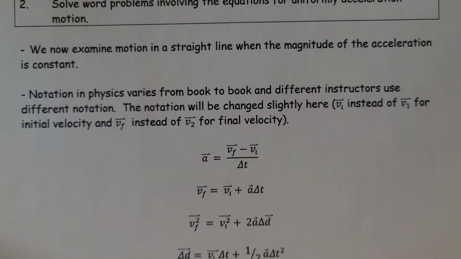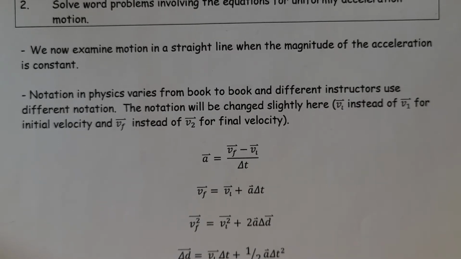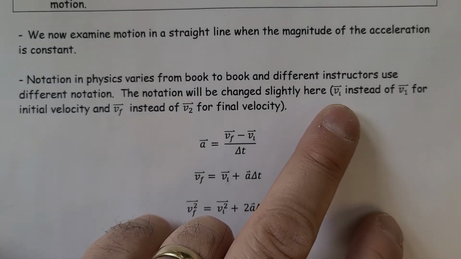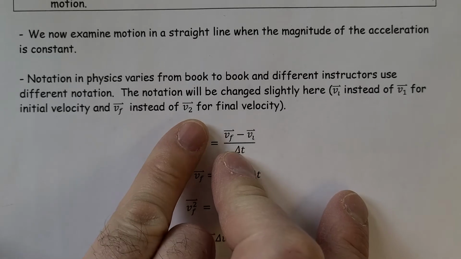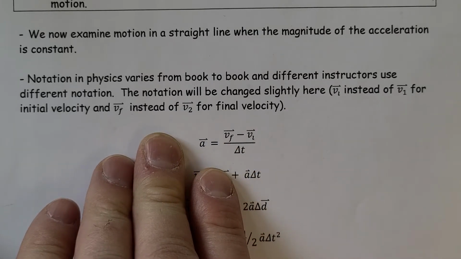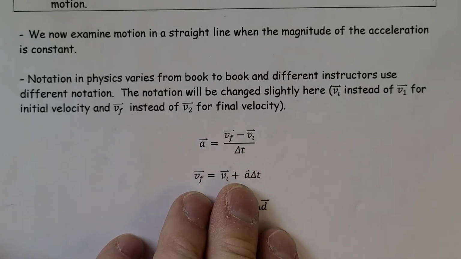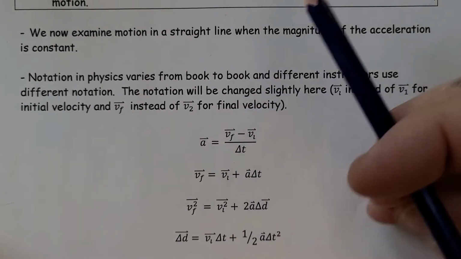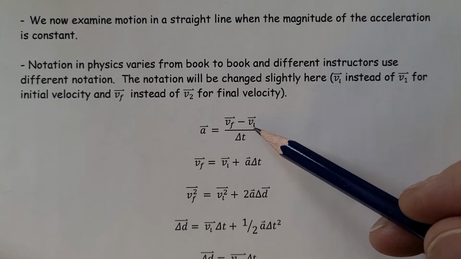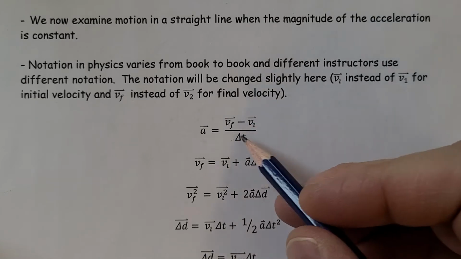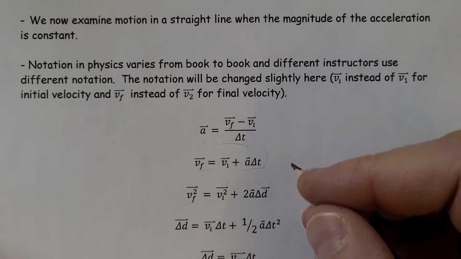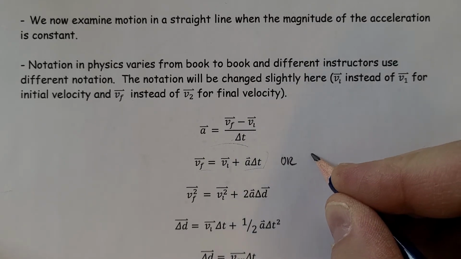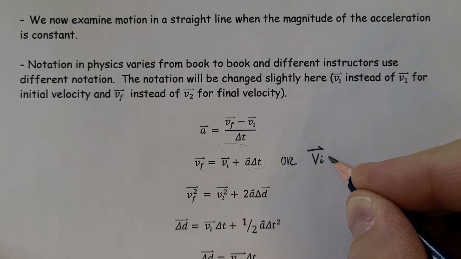So notation in physics varies from book to book, and different instructors use different notation. The notation will be slightly changed here, so we'll use VI for V1, so initial velocity, and VF for V2, meaning final velocity. So we've seen this one. This is basically the acceleration equation. If I rearrange this and solve for VF, I end up with that, so that would be a handy one to use. I could also rearrange this one and solve for VI, or initial velocity,